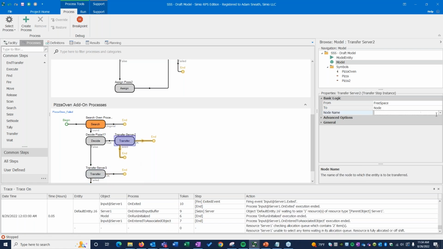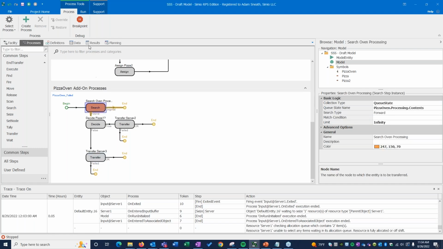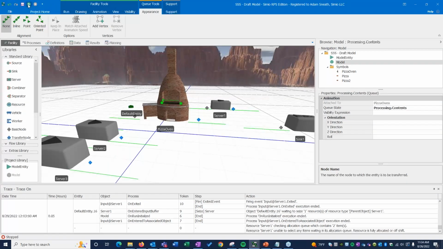And we'll set these up accordingly. Transfer to input at server 2, transfer to input at server 3. I'm just going to do a quick peek to the other screen. And okay, feeling okay about this. But as we've done a couple times already, we're going to apply a breakpoint and use the trace to see